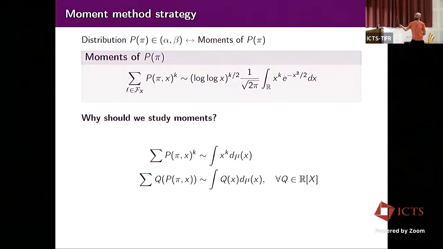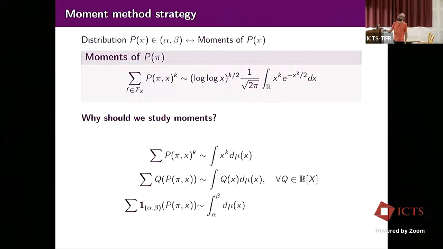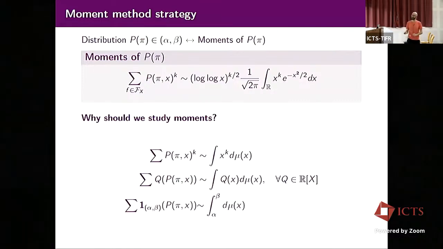It may appear mysterious because, well, you can divide by the square root of log x, okay? So that goes to the left-hand side, and you see the variance. And then the k-th moment is exactly the k-th moment on the right. So provided you have k-th moments that are equal, of course, you deduce that they're equal for any polynomial. And then you can approximate any function by a polynomial in L1 norm, and you can then approximate it by the bump function between alpha and beta. And now the left-hand side exactly tells you how many of these sums over primes are between alpha and beta.